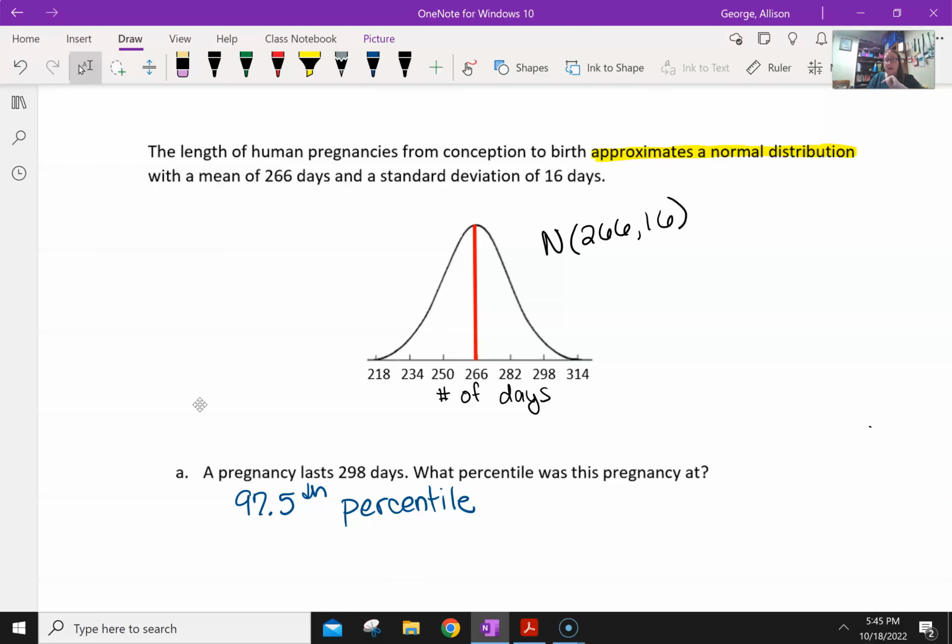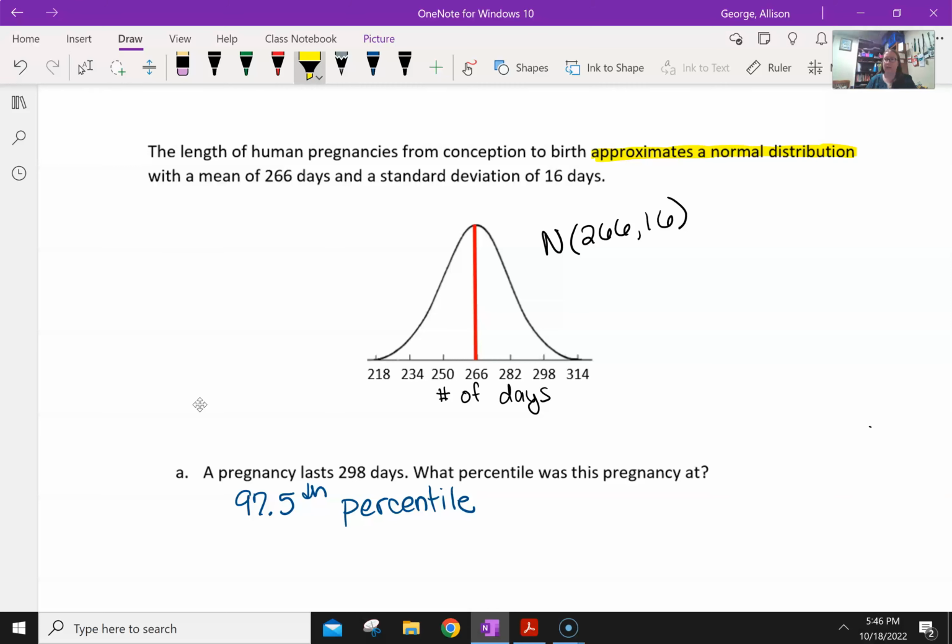And then also what I've highlighted there, they told us in the problem this is a normal distribution, or it approximates one. So it's close enough that we can go ahead and use it. So they've established that we can go ahead and use that 68, 95, 99.7 rule. So I've added in my label, and I've added in some units to my x-axis, both good practice, always good things to do. So for letter A, it's saying a pregnancy lasts 298 days